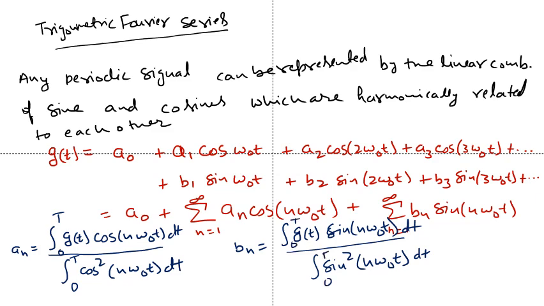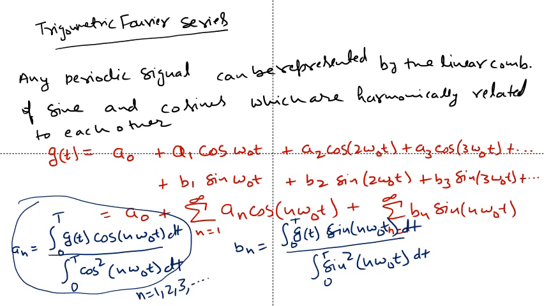So these are the expressions, and you can see from these expressions of An and Bn that the numerator is nothing but an inner product, which you have seen in the previous case also when I was explaining this in terms of a vector. There also you are using an inner product of the vector g with the x. Here also we have an inner product of g with the x. However, the expression which I have written here is true for all values of n from 1, 2, 3 till infinity.